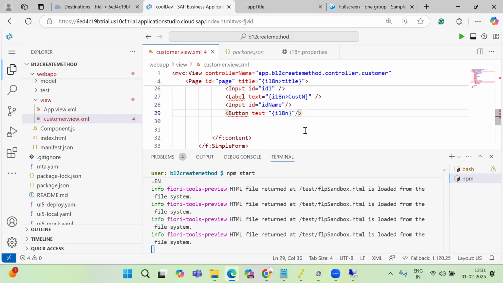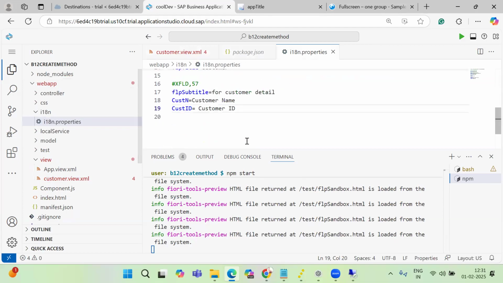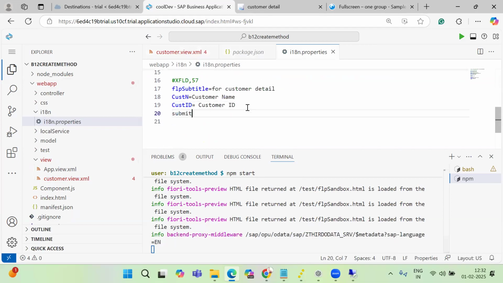Because I want to submit. And let's take this submit and go to i18n and press enter over here and write on, not on, submit